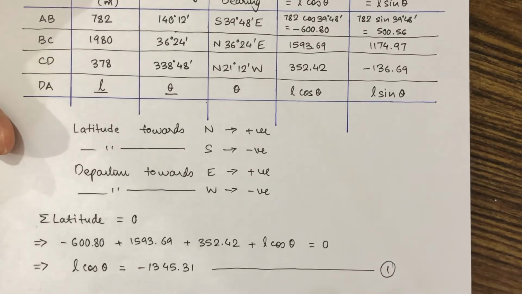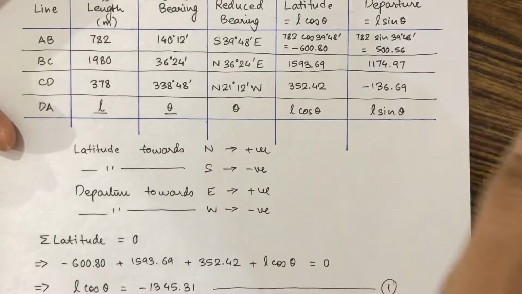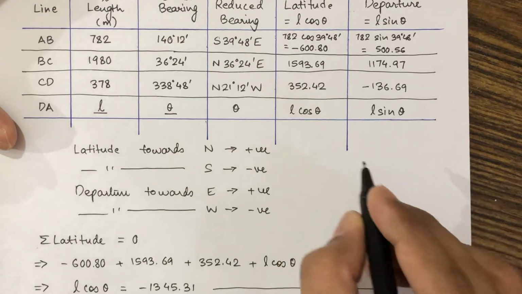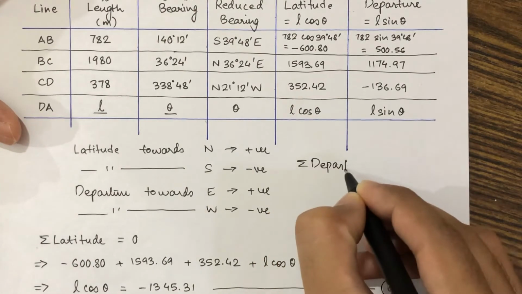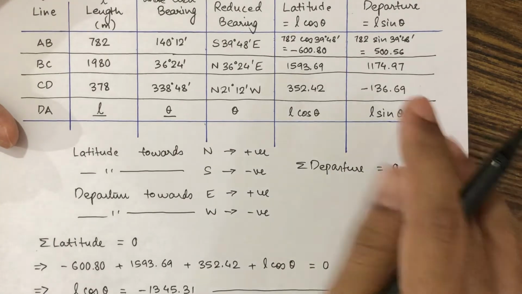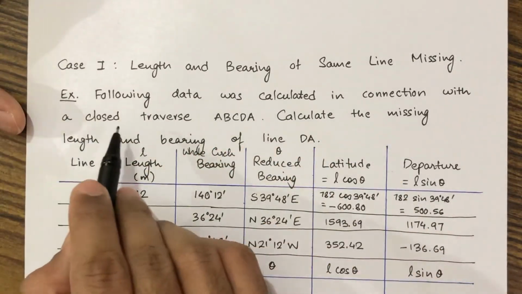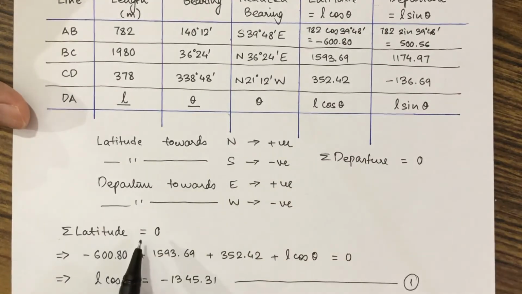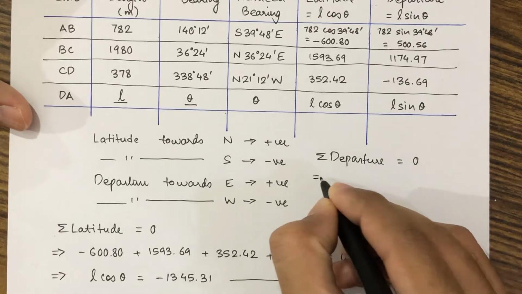Similarly, we need to calculate the sum of all the departure values as well. These are the departure values. So the sum of all the departure values, this is summation of departure, should also be equal to 0 for a closed traverse. As it says here, the following data was calculated in connection with a closed traverse. So for a closed traverse, summation of latitude should be 0 and summation of departure should be 0. So we will get